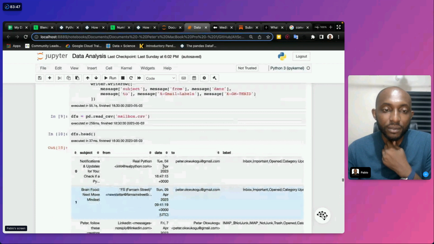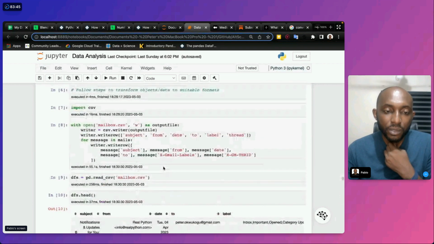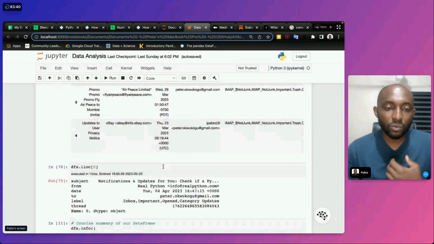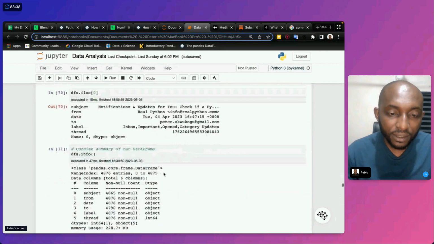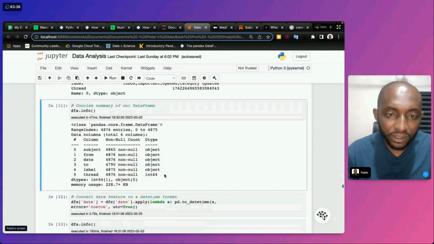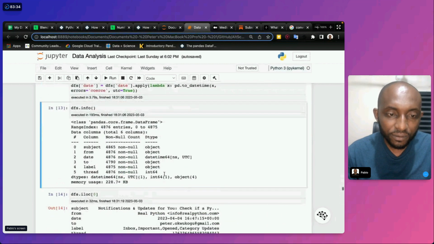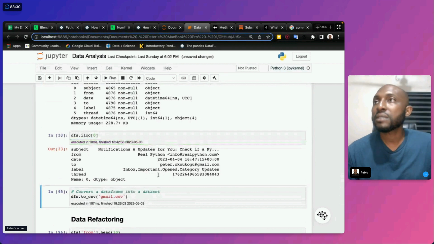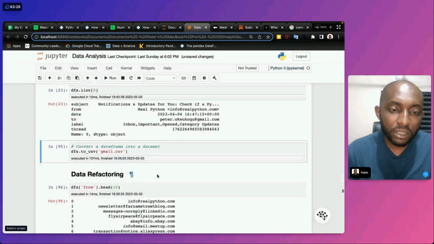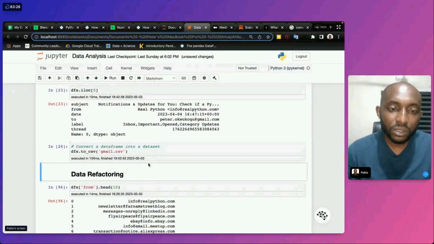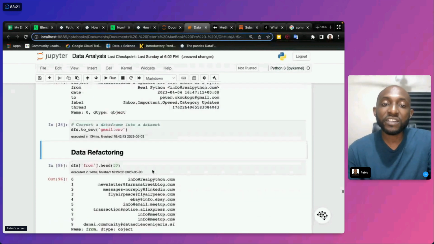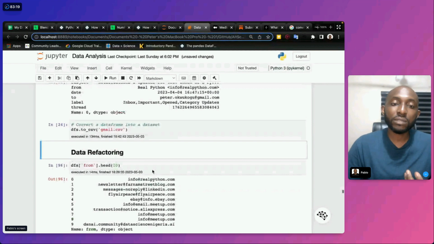So where were we? Right. So I think we were here. Now, once we have our data here, haven't we converted our data already? We have. Let me see. Yes. Now you can take a data frame and convert it back to CSV.